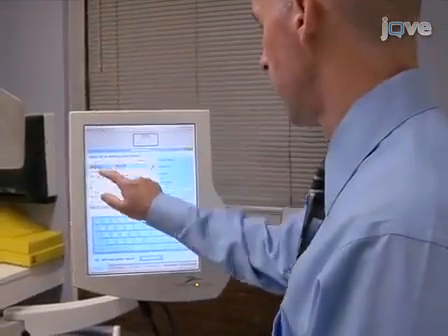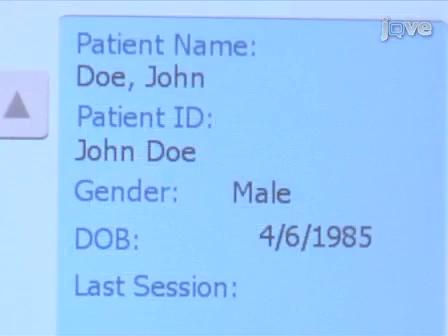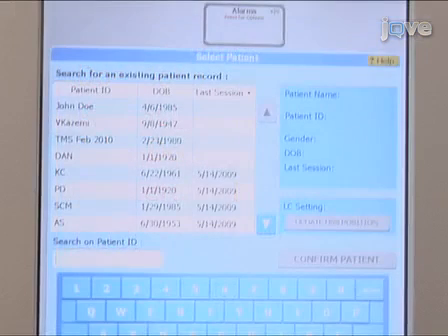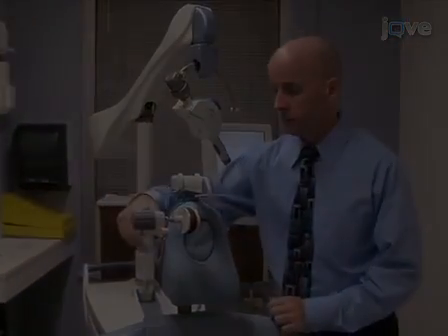Next, access the appropriate patient file from the available list. All patients treated using the NeuroStar system are entered into the central computer system. If this is the first session for a new patient, create a new patient file. After ensuring the patient